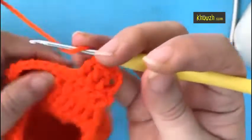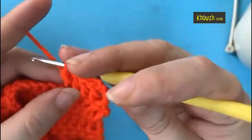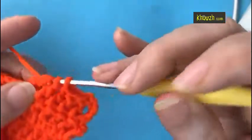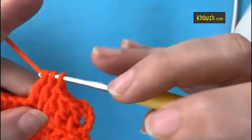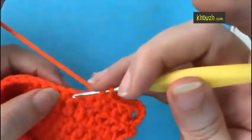Now make decrease for 8 times. Insert your hook, pull the loop, work on it again. In the next, pull the loop and pull the loop from all of it. Again, this is one decrease,